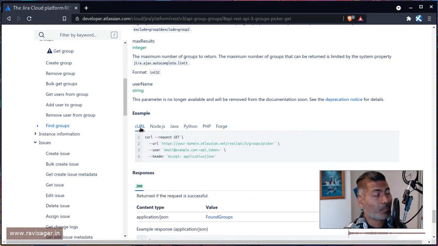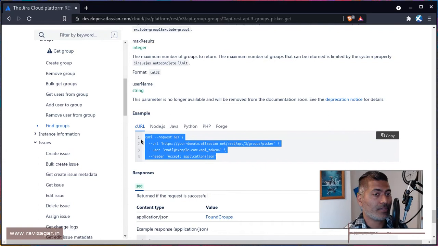And the simplest thing that you can do is, of course, use curl. If you're on Linux or Mac, you can straight away copy this. Of course, you have to make sure you're using the right token. You have to generate a token and encode it with base 64. I've talked about this many times, but you can straight away copy this.